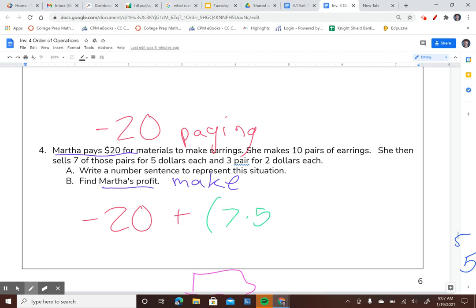So 7 times 5. And also 3 pairs for $2 each. So 3 times 2. That's her profit over here. So let's go ahead and solve what's inside the parentheses first. So I'm going to do 7 times 5 and 3 times 2. And now I'm going to rewrite this as negative 20